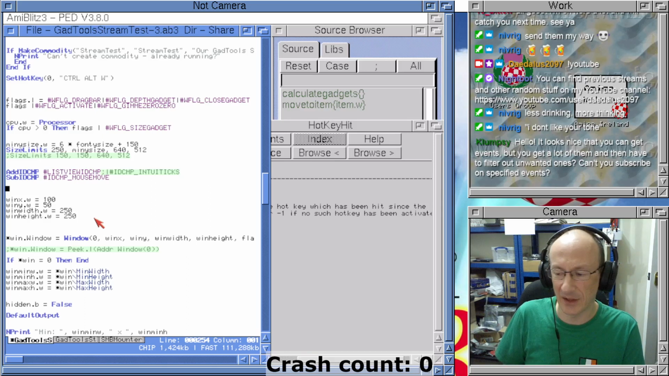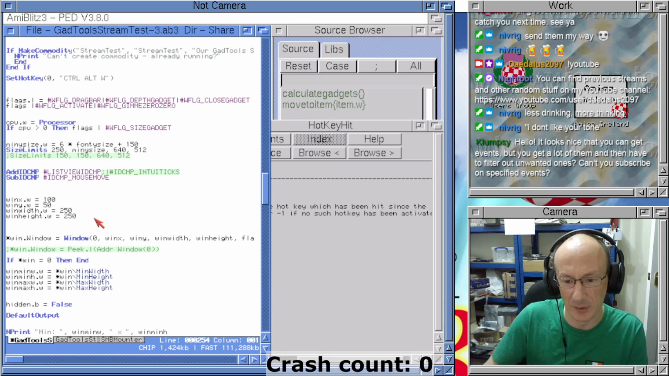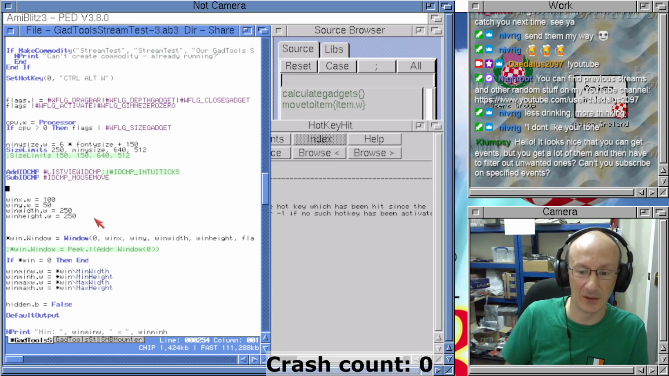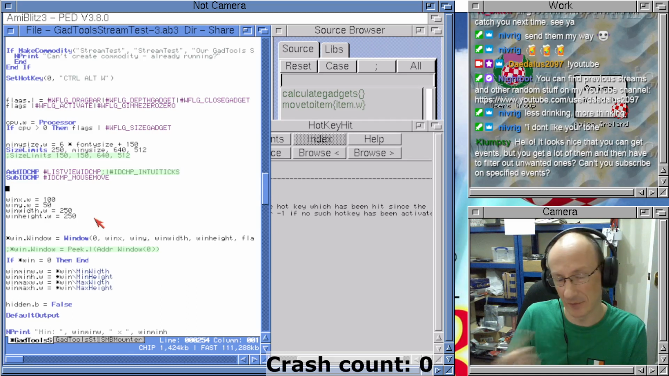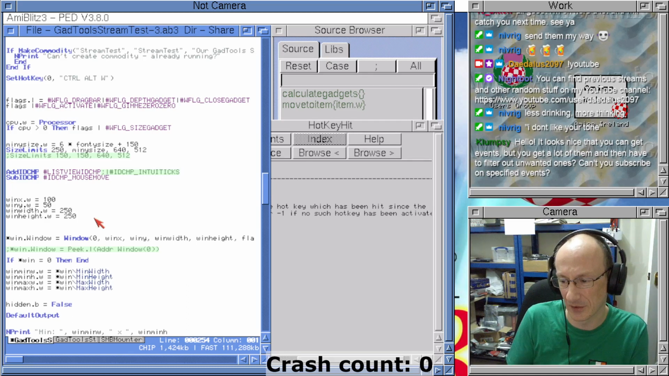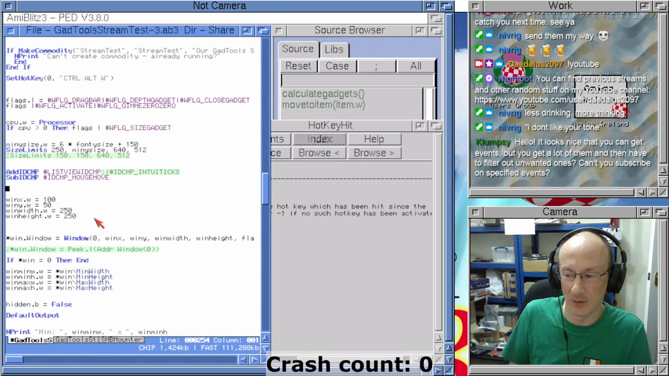It's a little bit different to how you would do it in C, where basically you get a signal and you act on the signal, and then you query it to see what's caused it. And that's nice, because then you can just set up different signals for commodities and for ARexx and for message ports and all that kind of stuff, and you can do it all in one loop. But that doesn't work in Blitz. Well, you can do it that way as well, but you have to use the OS calls, and I'm trying to